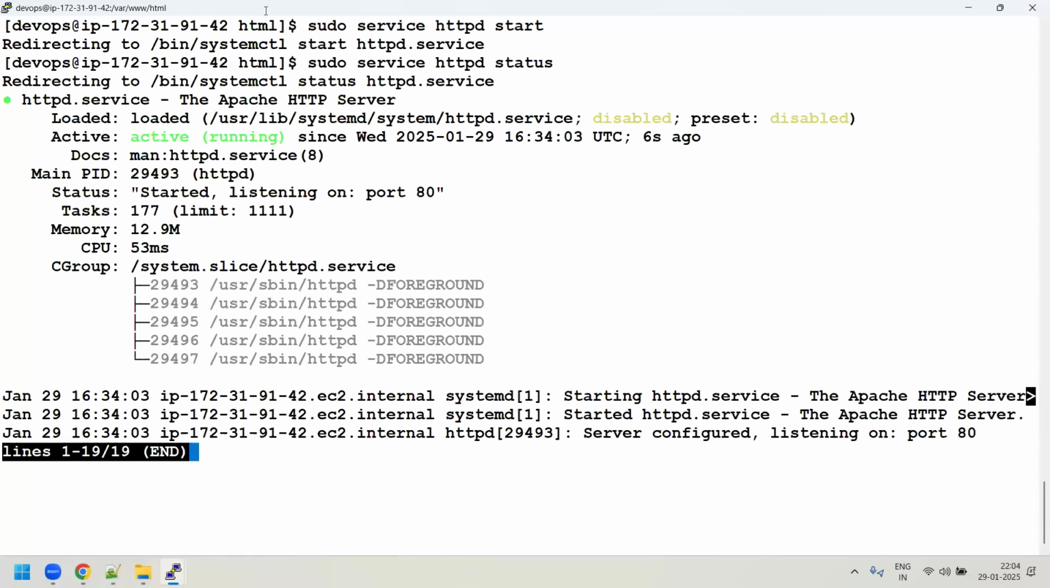Basically, service is a command through which you can manage the whole service. You can check the status, restart the service, stop the service, or reload the service. Service takes care of everything. But quite a few years back, they came up with one more command which we call systemctl. So tomorrow what happened, right? This service command